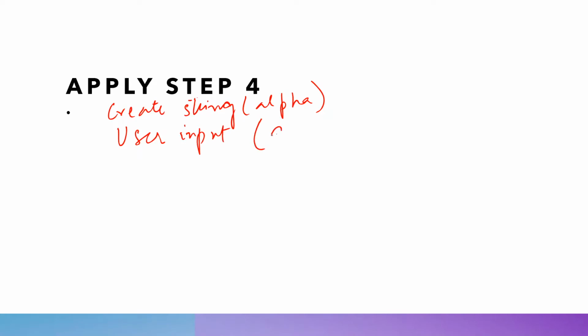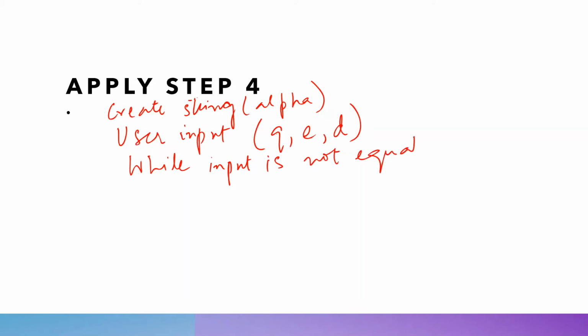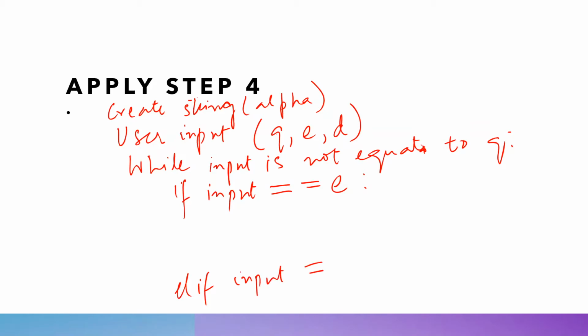So this is, I'm talking about Q, E, or D, right? And then while input is not equal to Q, keep checking. If input equals E, then we'll do something. If input equals D, then you'll put your steps here, right? So if input equals E, prompt user for string. I'm not writing the complete thing. Input string, input integer,